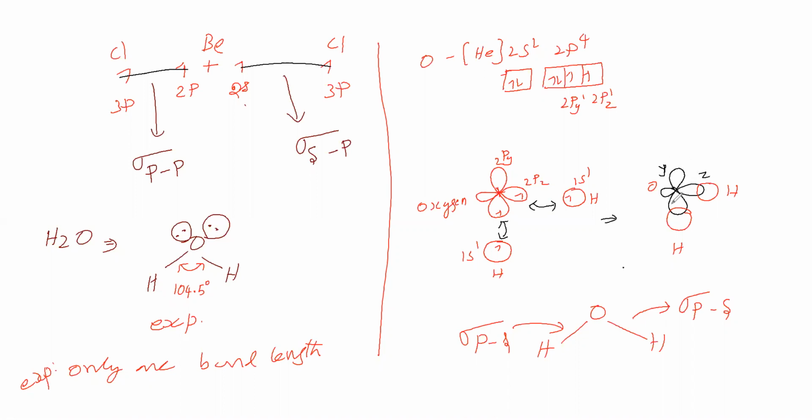Now, this is the oxygen nucleus, with the 2py orbital and the 2pz orbital. The y-axis and z-axis are perpendicular to each other. Therefore, what angle is possible here? The possible angle is 90 degrees as per the pure orbital overlapping concept. But the experimental result says 104.5 degrees. So the pure orbital overlapping concept is unable to explain this experimental fact of bond angle.